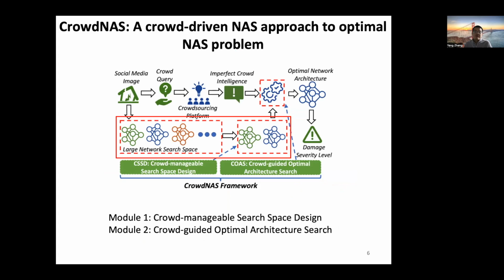The goal is to effectively reduce the search space for our crowd-guided neural architecture searching problem. And then we have the COAS module that develops a principled crowd AI integration model to incorporate the imperfect crowd response to guide the selection of the optimal neural architecture from the search space identified by the CSSD module.